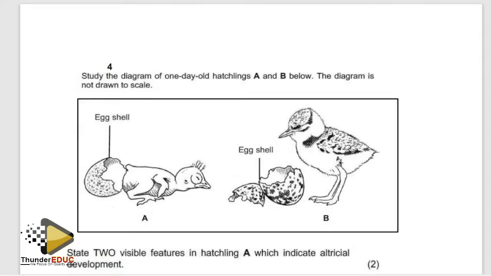Hey guys, today we are going to be looking at the prediction, or what do you expect to find in paper 1, which you're going to write. We have been on a very big journey from the beginning of the year. Now it's time for us to end the journey, and we must end the journey with a distinction. If the distinction is not yet there, use this video so that you can still improve your marks and score high marks, which are going to take you to the university.